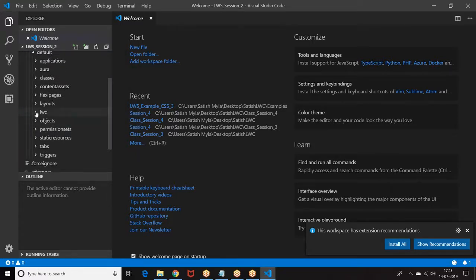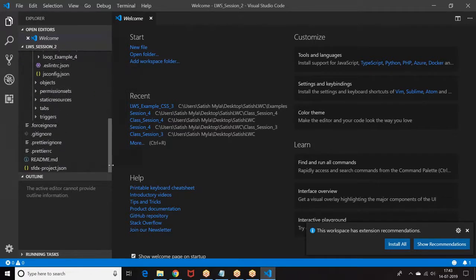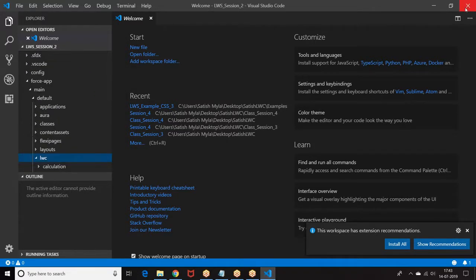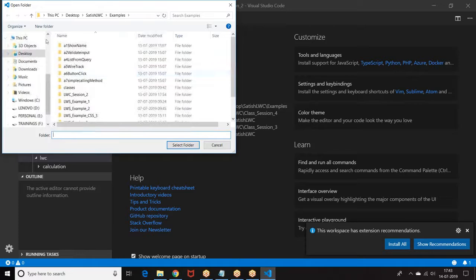Go back to the story. LWC, yeah. Here we have done. Let me push out. I'll build it newly. Open the folder. What is the current folder we are using?